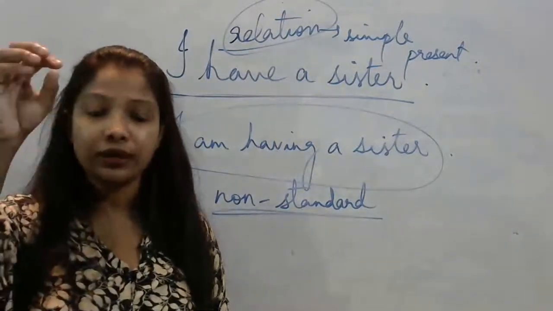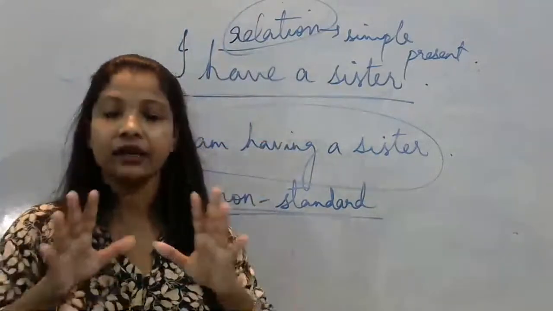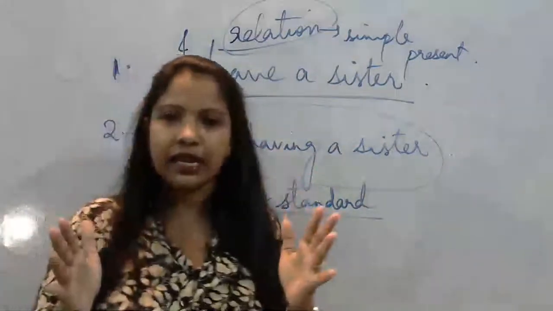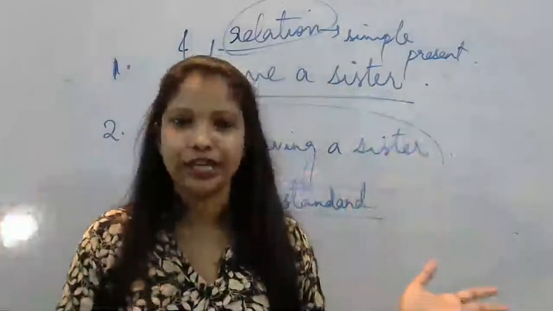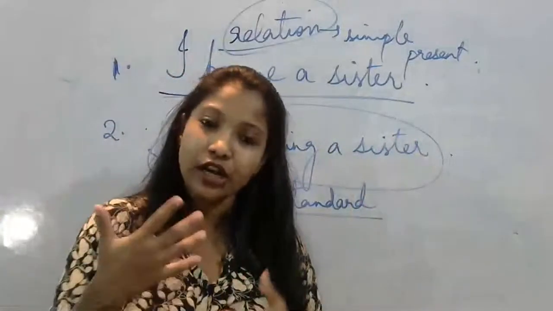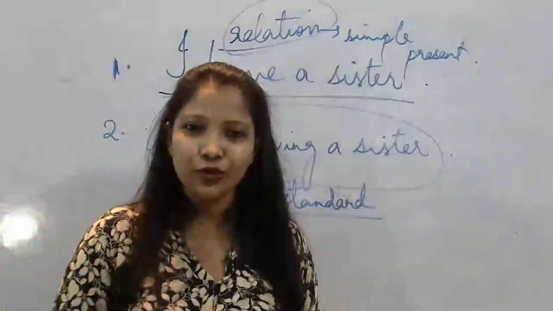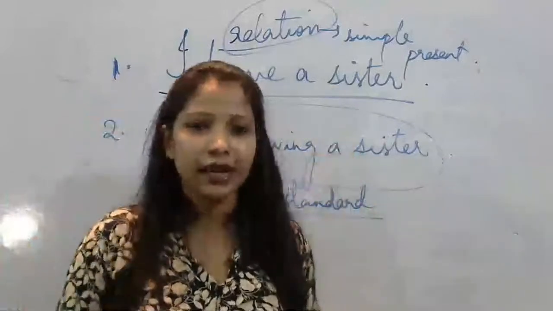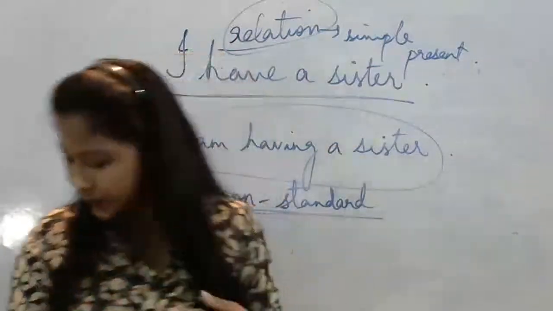Okay, so I hope you get it. In spoken English also, you should not say "I am having." Keep it in your mind. See, I'm telling you one thing: your brain is a fantastic machine. Let me tell you, it is even faster and much more advanced than computers. But how you use it is up to you. So you have to use your brain. It is very simple. You have to just retain certain things in your mind. With regular practice you can speak fluently.